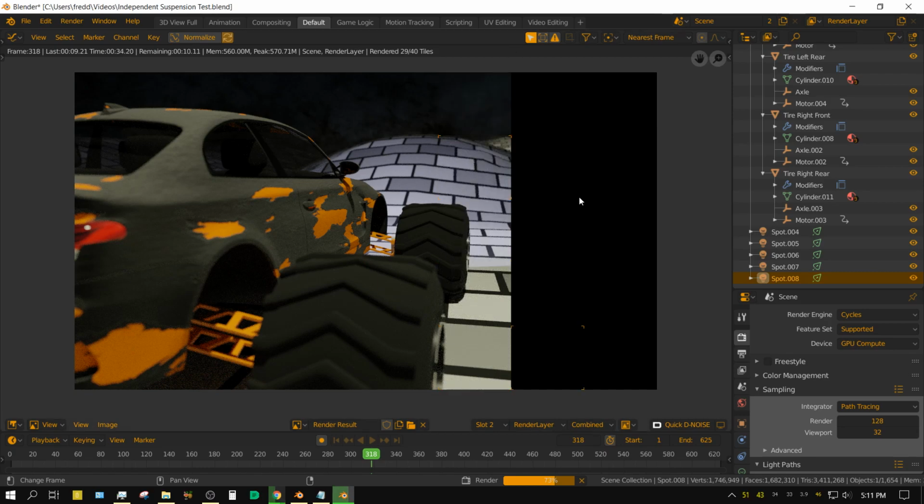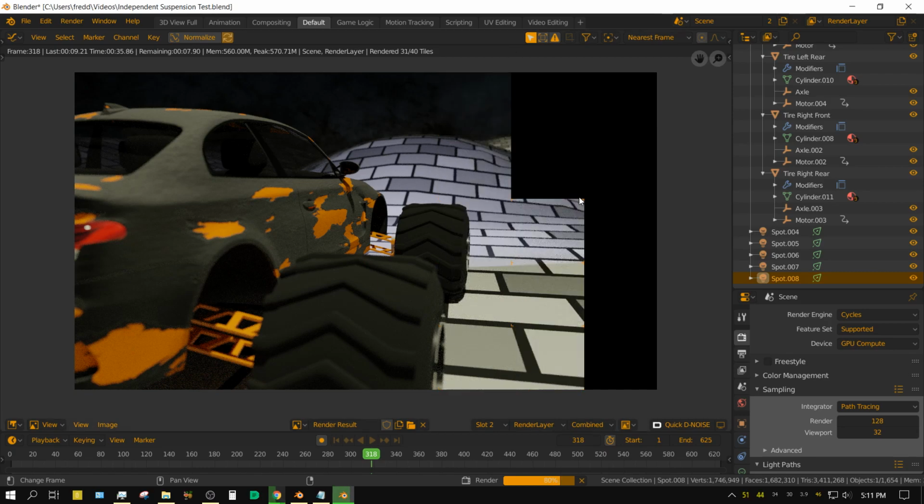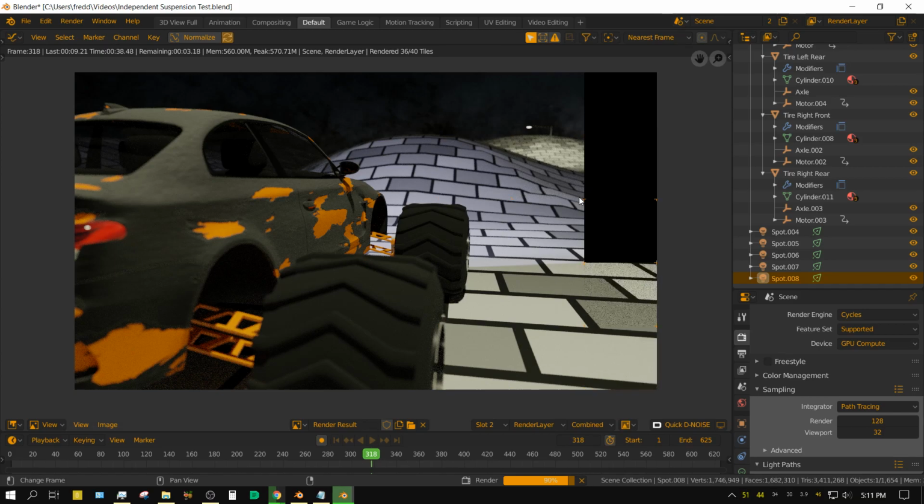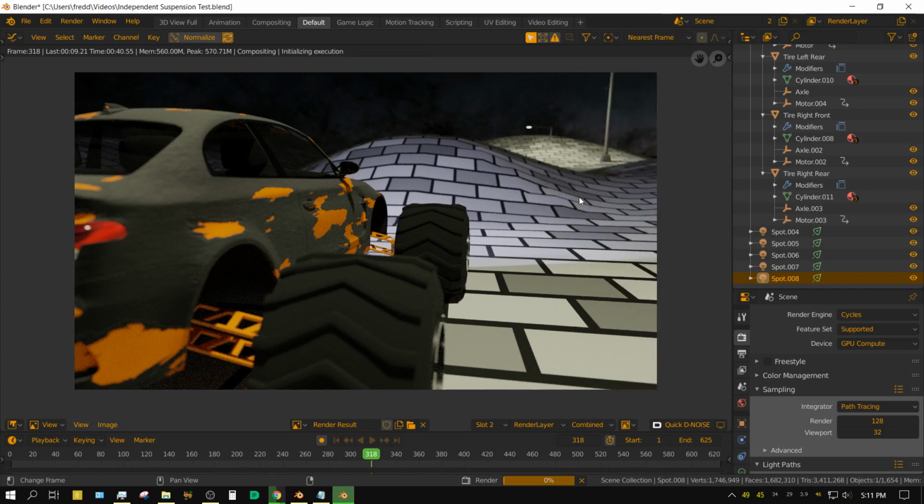But let me wait till this gets done. And as you can see, Cycles with two GPUs rendered it in just under 43 seconds, whereas Eevee did it in about 10 seconds. Now, let me go back to Eevee,